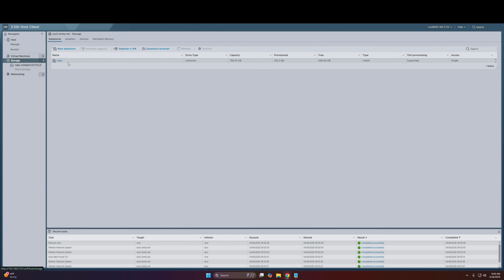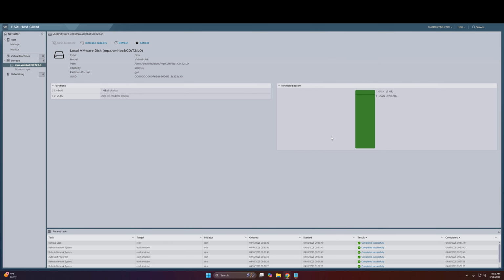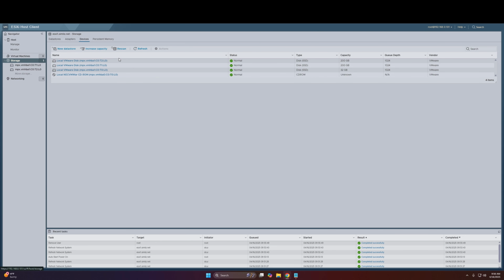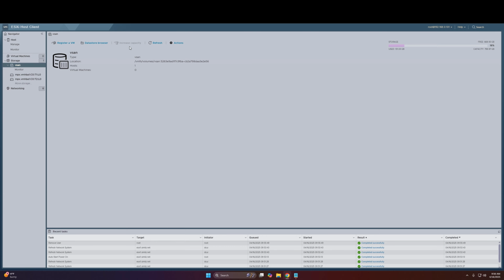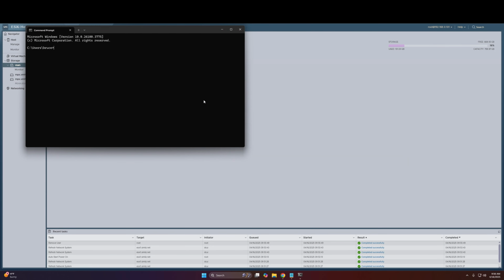And then the next thing we have is the data store, which says vSAN data store. And then we also see in devices, each of these are partitioned with vSAN. So we'll have these bad boys right here. And what we can see is if we try to do anything in here, if we go to data stores and click on this, delete is not an option. So what we're going to do is SSH to the host,